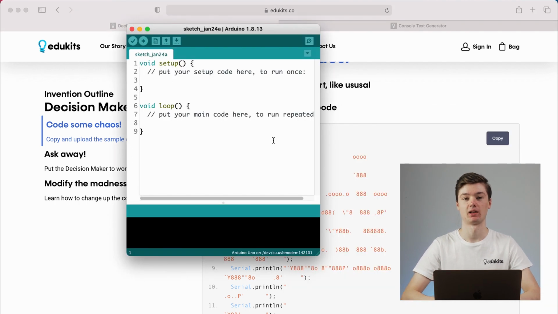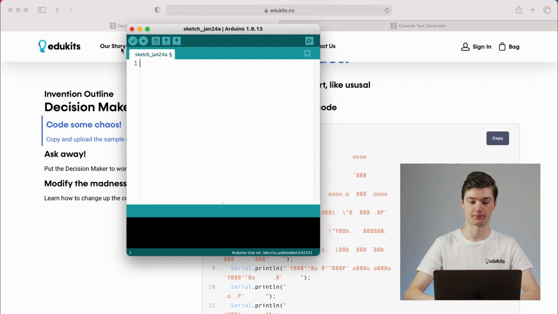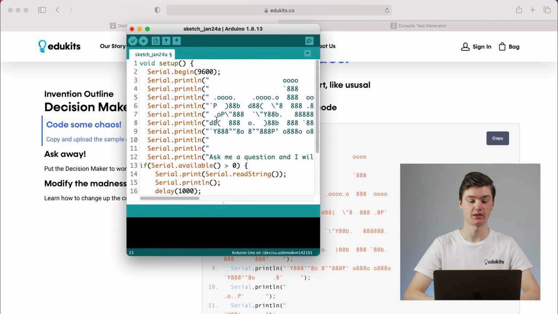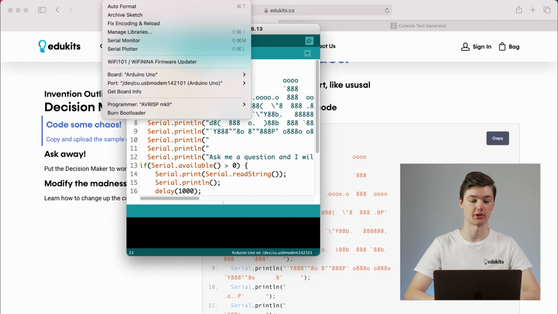Here we go. I have a new file opened, and I'm now going to select all of the text in it and delete it. Done. The last step here is to right click and paste in the code, and we're set to upload. Now, don't forget before you hit that right facing arrow to send the code to the board to select the correct port from your tools menu at the top.